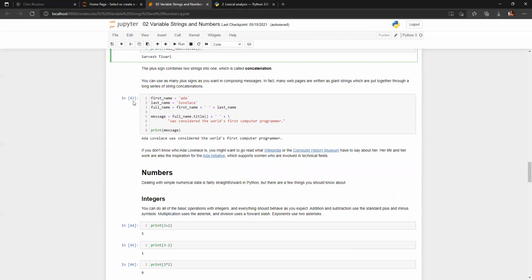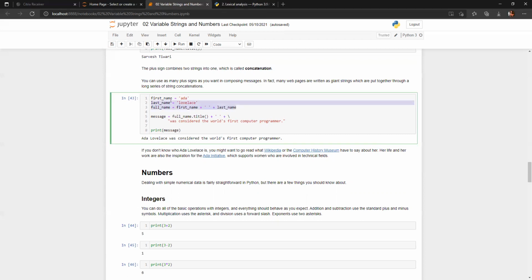So suppose here the first name is Ada Lovelace, and the full name is basically full name plus last name. This is a thing which you have seen earlier. So here, what we have done is declare so many different variables and perform that operation. But in this case, we can type all these things in a single variable also. So I'll be showing you how I can do this.